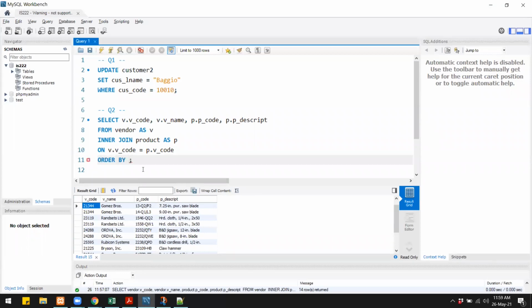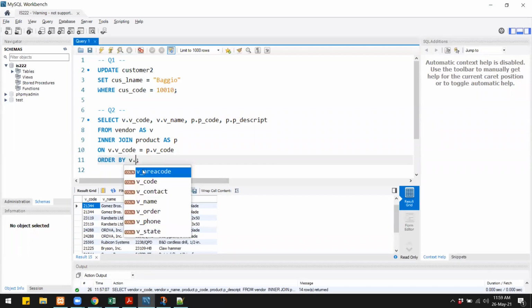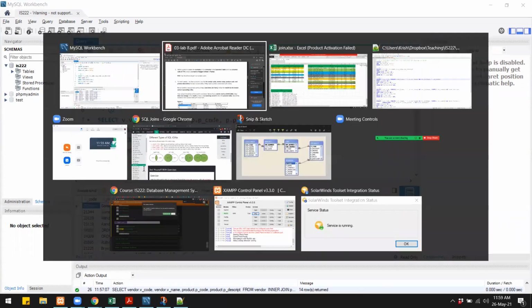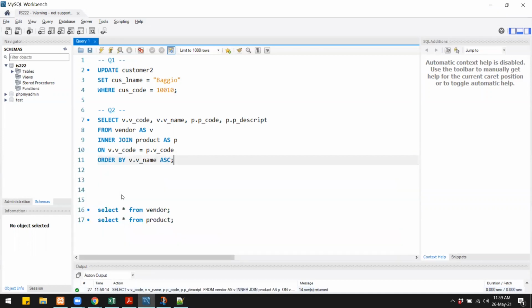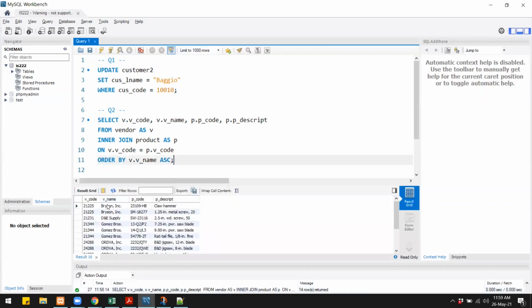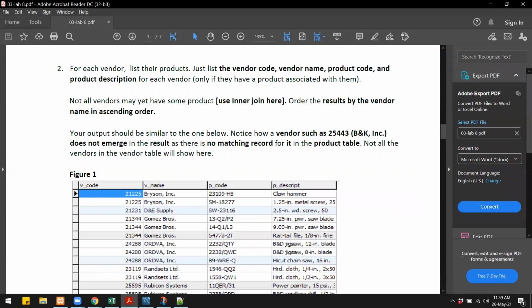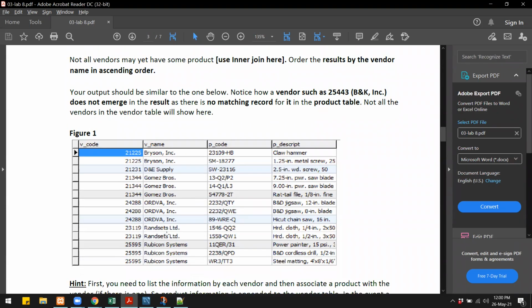So we will say order by vendor dot vendor name, and it has to be in ascending order. So you can write ASC for ascending. Run, and now you will see that the data is sorted in ascending order of their name. The output for query number 2 is given here as well. So you can compare your output with the one in the PDF.